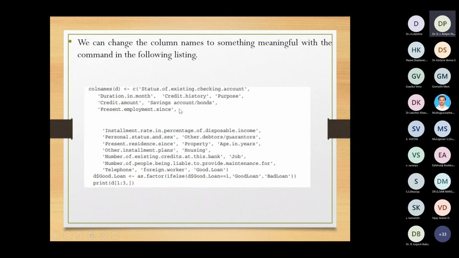Right, then what you need to do is we have assigned this, right? So then you need to assign this vector of names into the data frame's column names. So columns of B, C. So this is an assignment operator in R. This is an alternative to the assignment operator equal to, right?